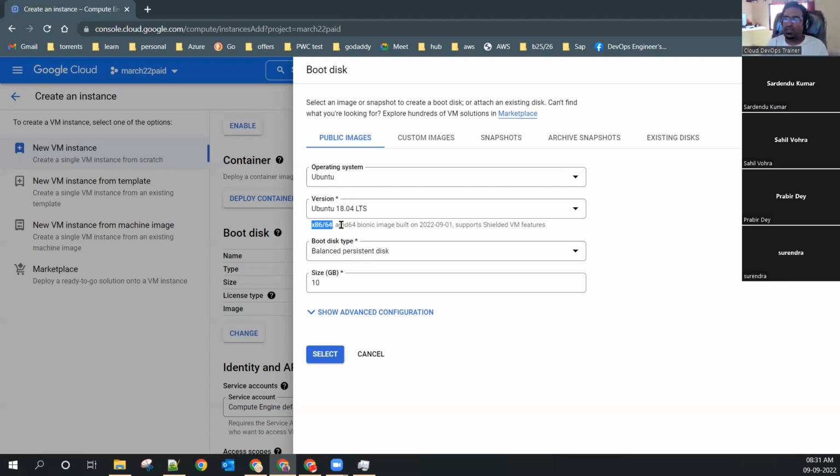Yes, your keyword is correct. We have heard about 32-bit and 64-bit, right? This is the same thing. x86 is the 32, 64-bit operating system. I'm using AMD 64 hardware from Google Cloud, so I'm choosing the 64-bit operating system.